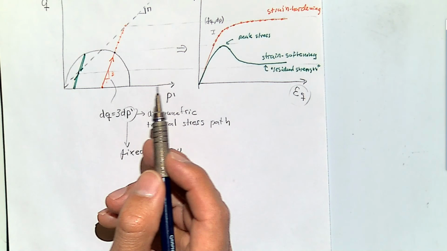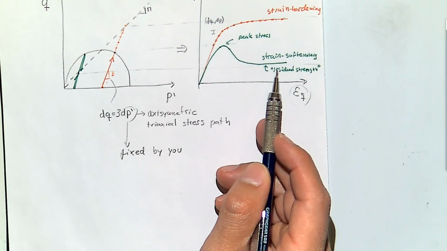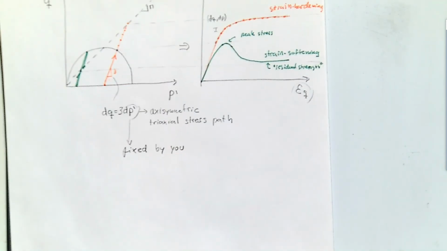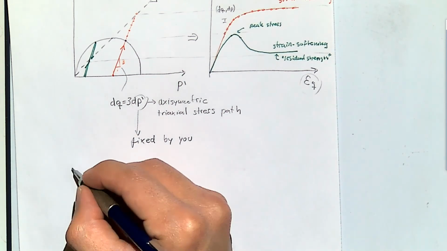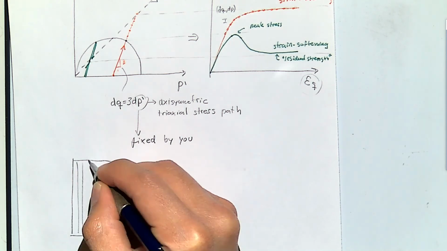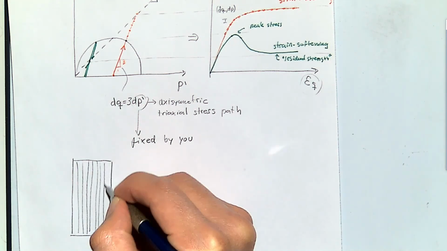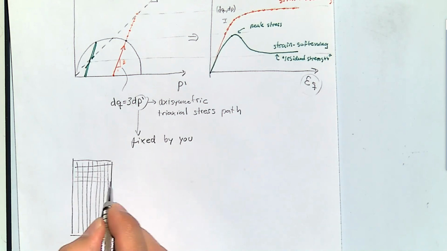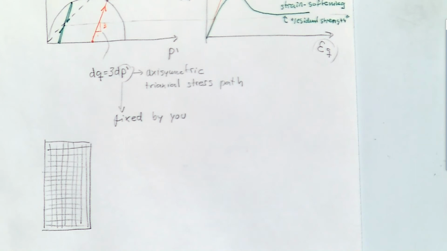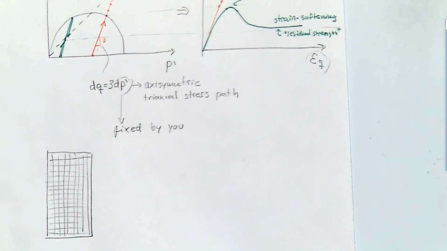It's very interesting to see how these materials will distribute failure as they go through this process. For example, let's think of a strain softening material, and let's divide the rock into small grid blocks, in which this rock is a real rock, and not all the grid blocks are exactly the same. They don't have the exact same strength. So when you load this rock,